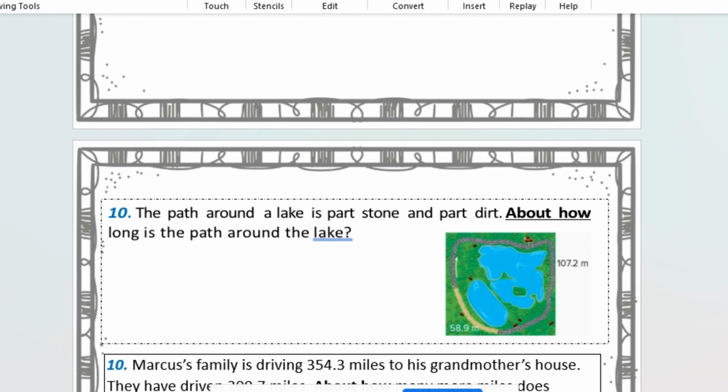Now, this question says the path around a lake is shown. The path around a lake is part stone, which is this part, and part dirt. About how long is the path around the lake? So we just add these two numbers. When it says about, this is an estimation. So we estimate